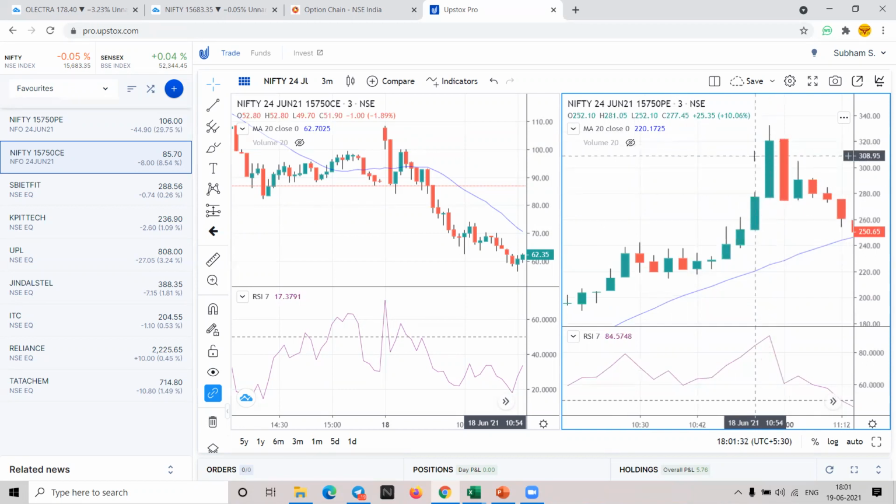Remember, we are doing scalping. We are entering in 3 minutes. Whenever you get the target, you close off. Quickly enter, quickly exit. And in the entire day, if you're getting 5-6 trades, out of those 1 or 2 stop loss will be there, and others you'll get the target.